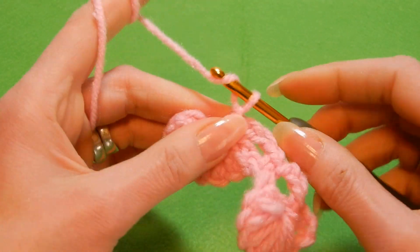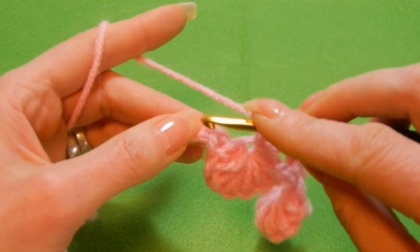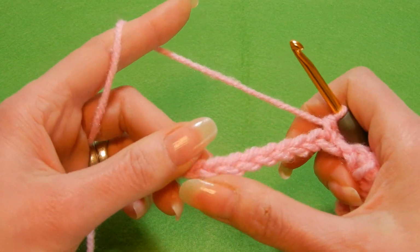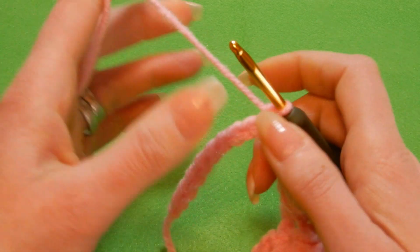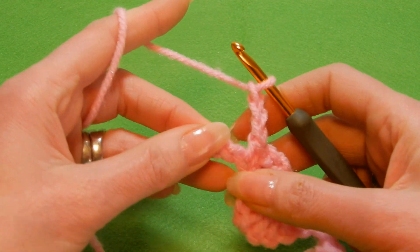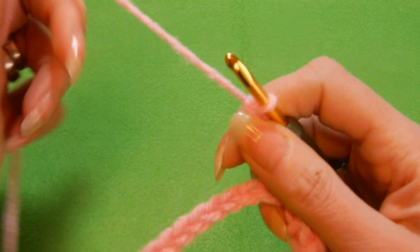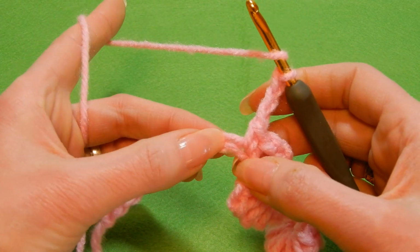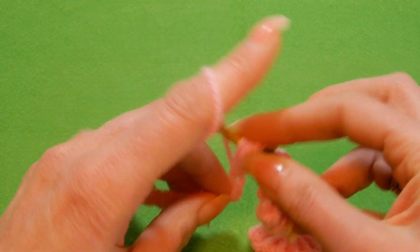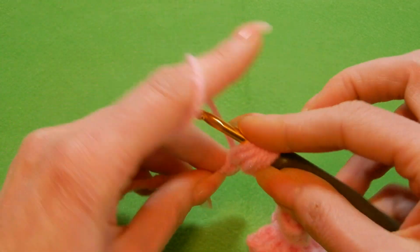So these ones, leave them a little bit loose, 1, 2, and 3, and into the next chain we're gonna do a single crochet. So at the end you should be left with 8 chains, yeah. So we're gonna chain 3, so 1, 2, and 3. So now we're gonna pick up into the next 7 chains, we're gonna start picking up loops. So yarn over the hook, and you're gonna go to the next chain, and you're gonna pick up loops. So 1, move to the next chain, 2, next chain, 3, next chain, 4th,